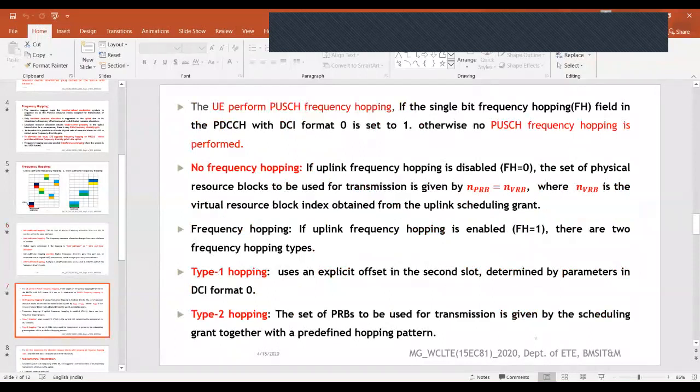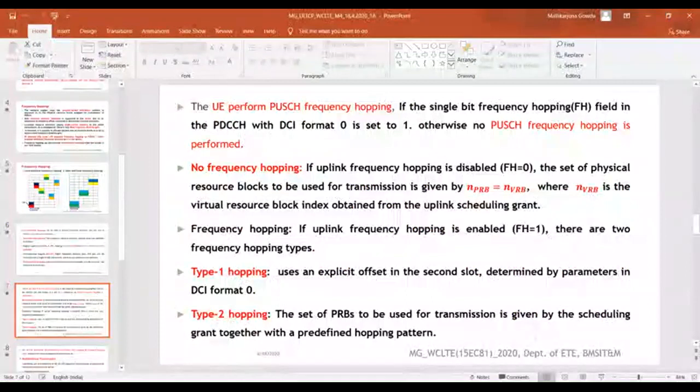And the user equipment will perform the physical uplink shared channel frequency hopping. So when does it perform the frequency hopping? When does the user equipment perform this frequency hopping? That depends on the frequency hopping field bit, which is set in the DCI format 0.